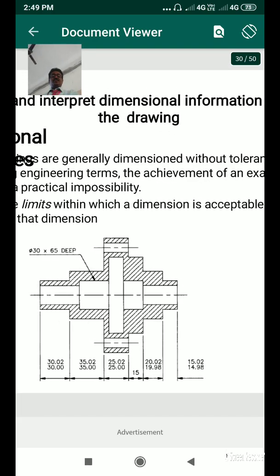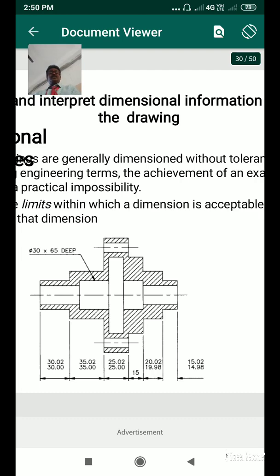So in that way we have to give, for example, 30 mm dia, 65 mm deep. For that clearance, 30.0 to 30.02: we need 30 mm, but we have to give an upper limit. Only 30.02 is accepted. At that level, in the second drawing 35 mm is needed, so the accepted level is 35.02. So we make some clearance here, and that clearance should be noted in the drawing, for each and every part.